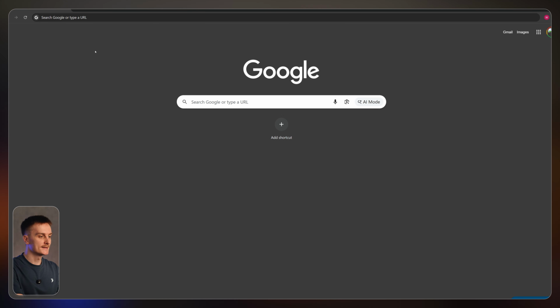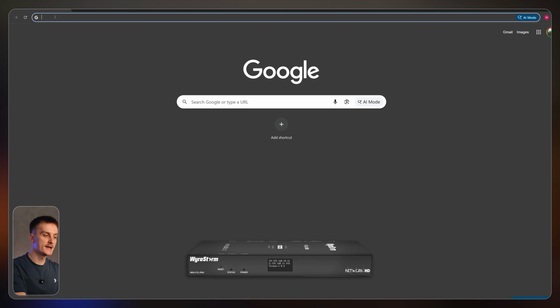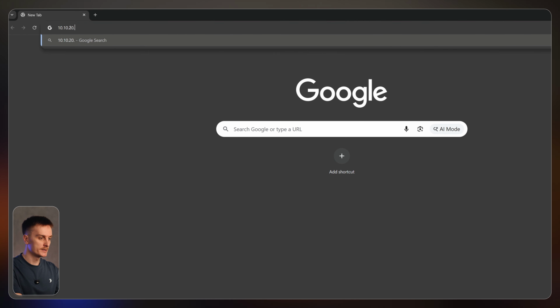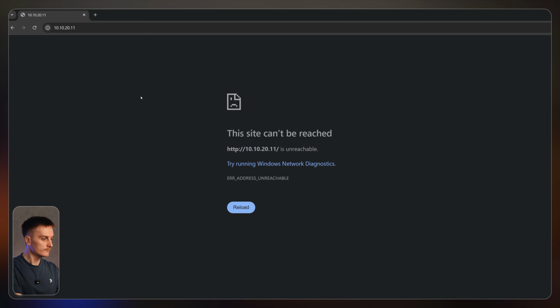Open your browser and type in the controller's AV port IP address. Remember, you can see the IP addresses right on the controller's display. In my case, it's 10.10.20.11. If you end up seeing this page, it just means your laptop isn't on the same IP range as